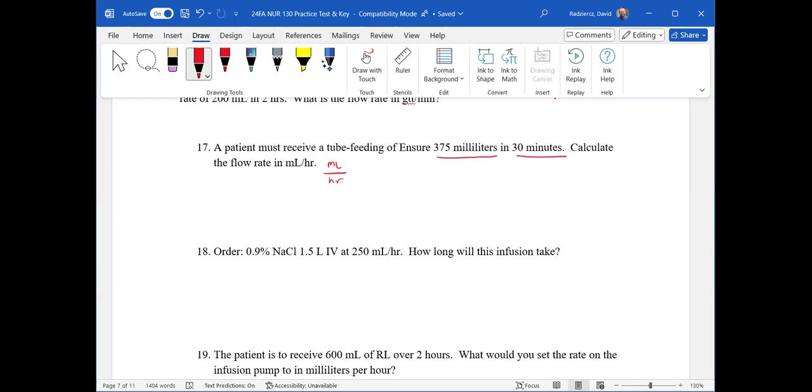Oh, I remember what I was going to say. If you are solely stuck on doing ordered over available for everything, the flow rate stuff doesn't work very well for ordered over available. Really, you're not doing much of anything other than some conversions, which is where dimensional analysis comes into play. But more importantly, just knowing how to convert minutes to hours, so you can do conversions without dimensional analysis. I just want you to know that if you're trying to do ordered over available with flow rate type questions,